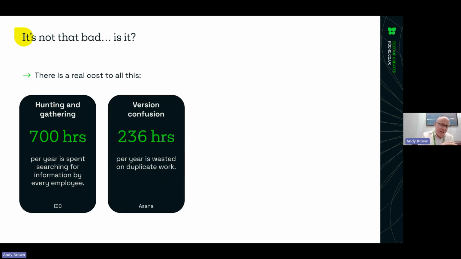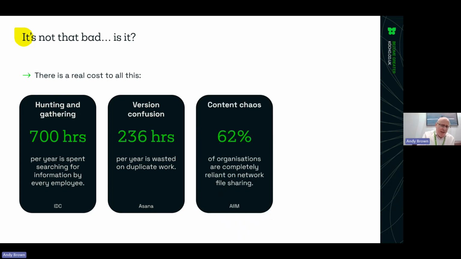And indeed, how long do you actually spend just making sure that you're working on the right version of a document as well? Have I done an update on an old version? Have I actually pulled data from an old version that's knocking around, whatever it may be? And if you're still using network file shares, you're not alone. A lot of people have still got that kind of mess that they're trying to sort out in the background as well.